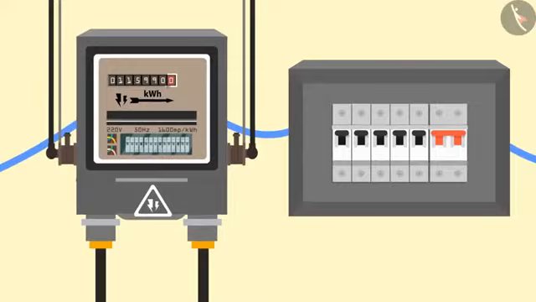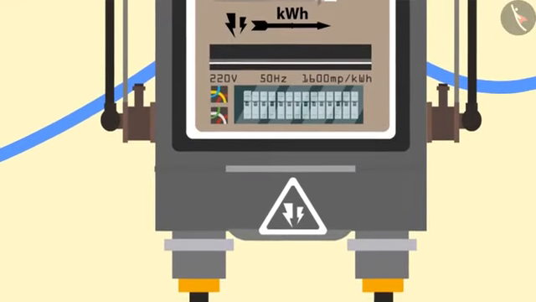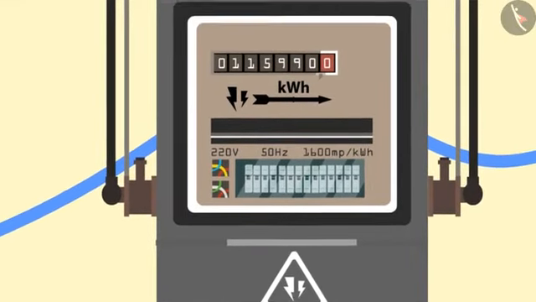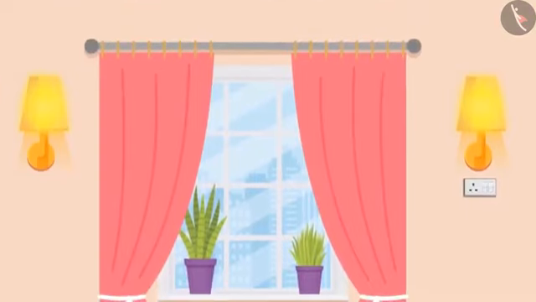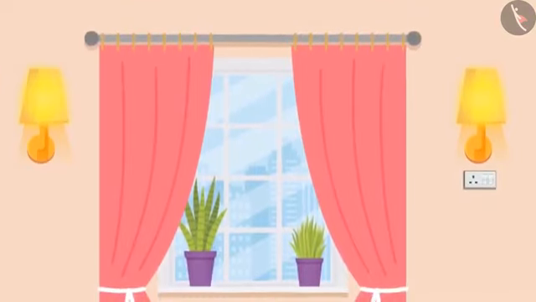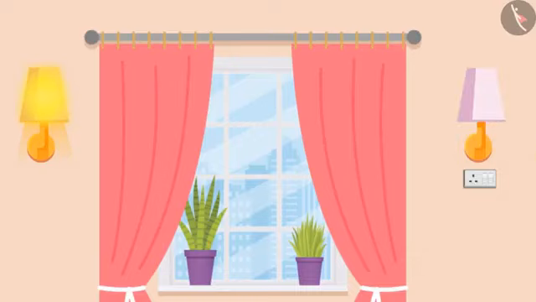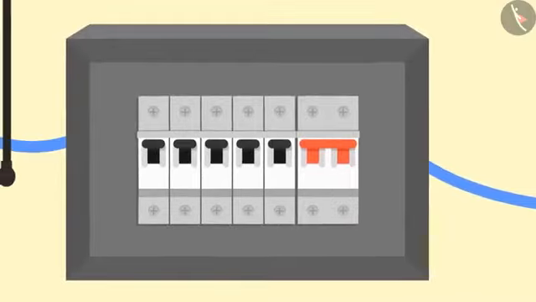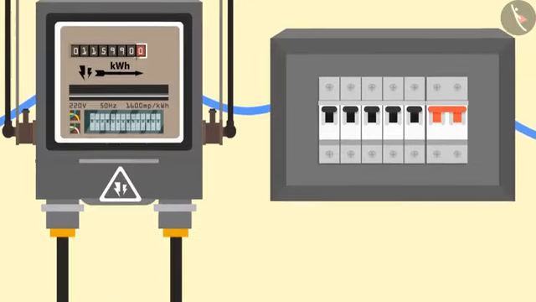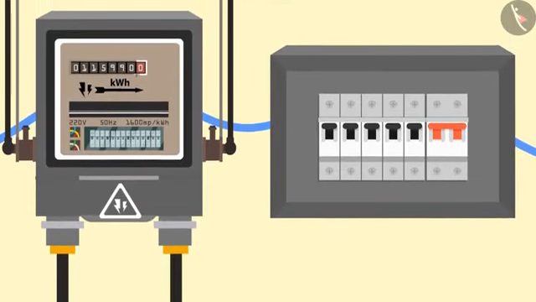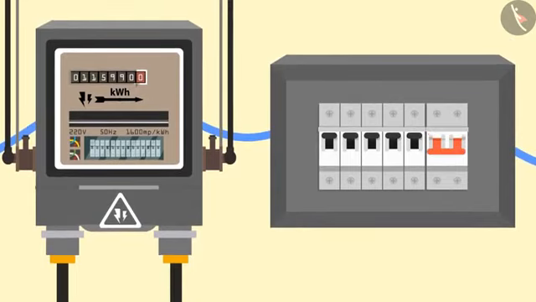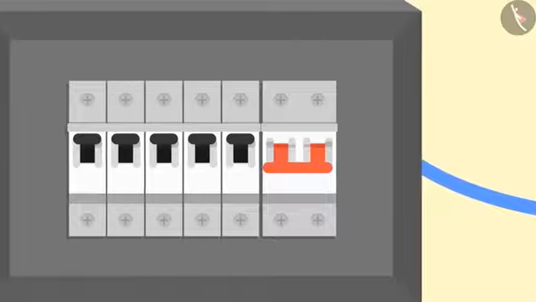Now let's move forward. If we look in our house, different devices are connected to the power supply. You must have noticed that when one device gets defective, it doesn't have any effect on the other. If one bulb in our house gets fused, then the other one still glows. Or you might have seen a device like a fuse or MCB which is located near the electric meter. The work of these devices is to minimize the risk of the electric appliances getting damaged when there is a short circuit in the house.